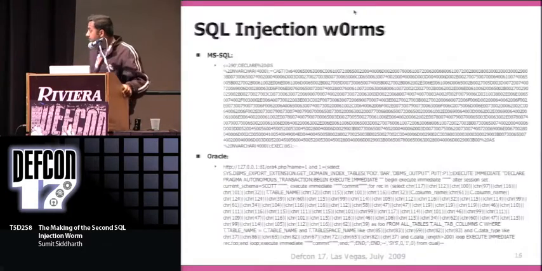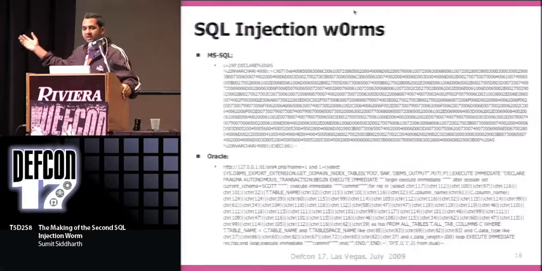So coming back to the original topic, the SQL injection worm. Those of you who do a little bit of forensics must have seen this hex string in the logs. This was how the MS SQL worm looked. All it would do is basically find the web applications which are vulnerable to SQL injection. Then this massive string will look into the database and do a massive update so that the web front end now